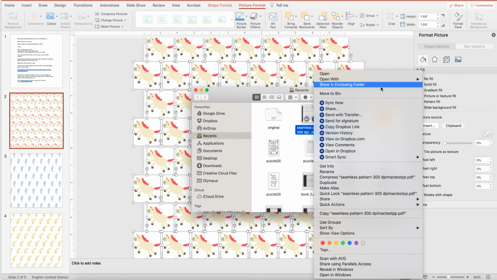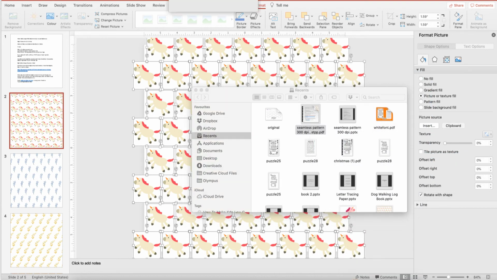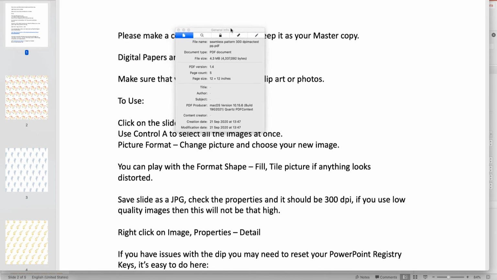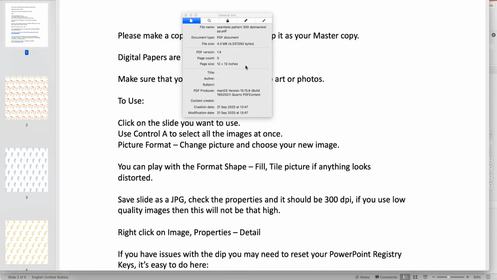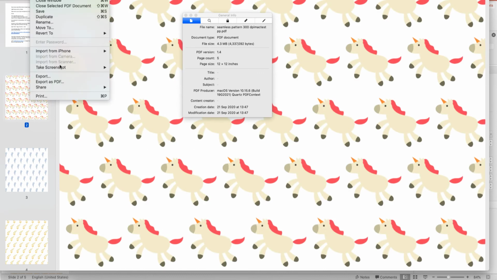right click, and this time I will open it with Preview, and on every Mac you should have Preview. So it goes to the image previewer, and we can see that the page size is 12 by 12, but now I just click on the one image that I want, File, Export,